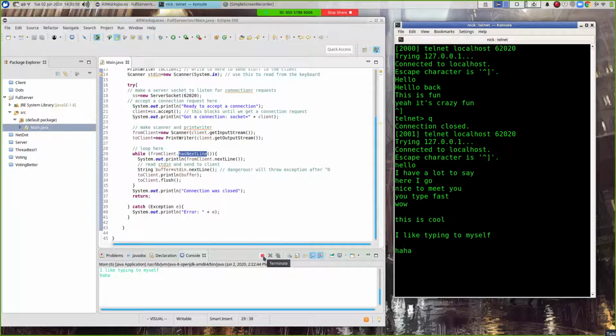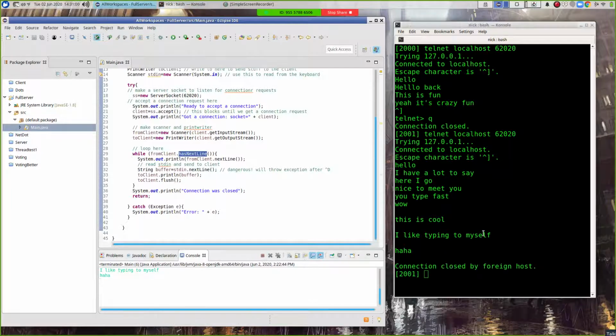So I'm going to stop my server over here, and you notice that the client side detected that the connection was closed by foreign host, and it just exited gracefully. Alright, so